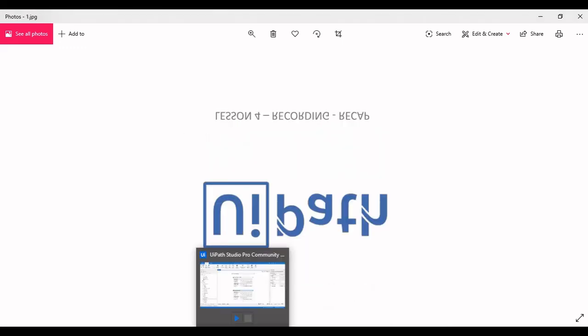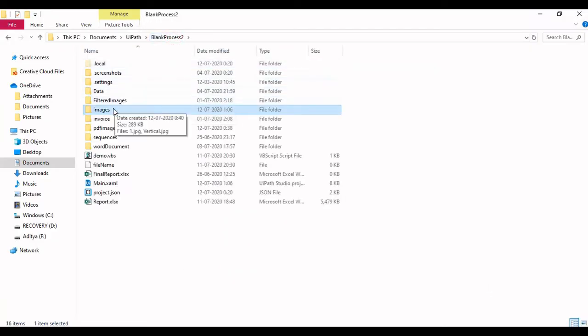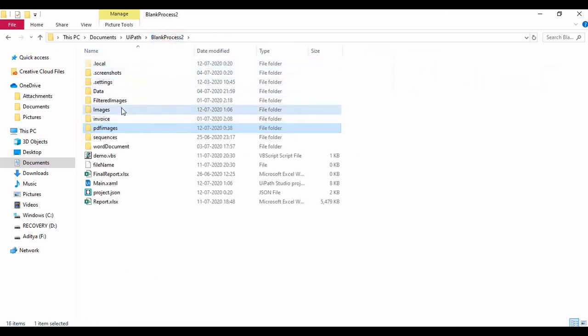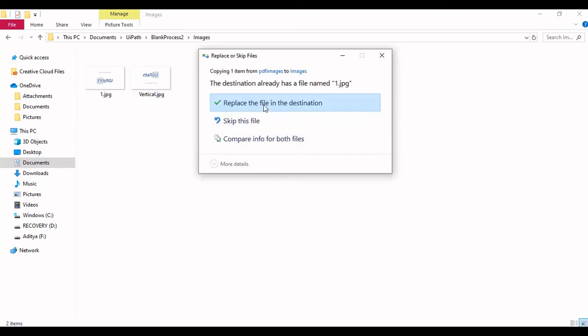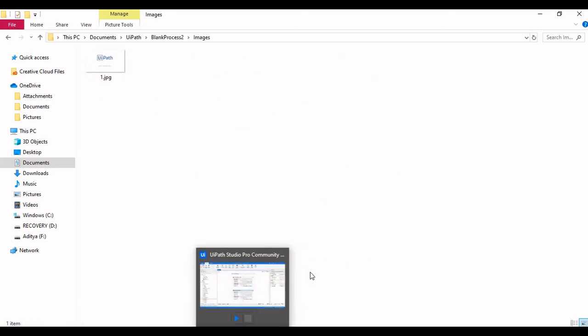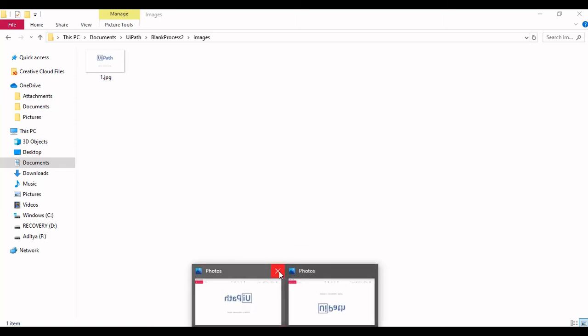So without any doubt, let me run this again, because it only takes a minute. Let me copy this file and paste it again in this particular folder, replace. Let me delete this one and close this as well.